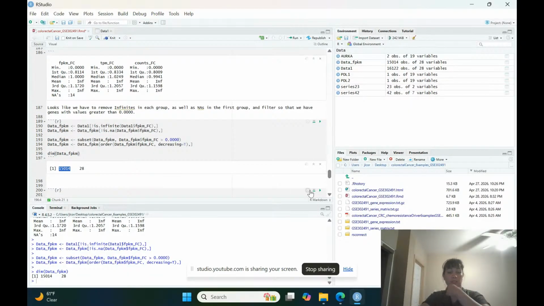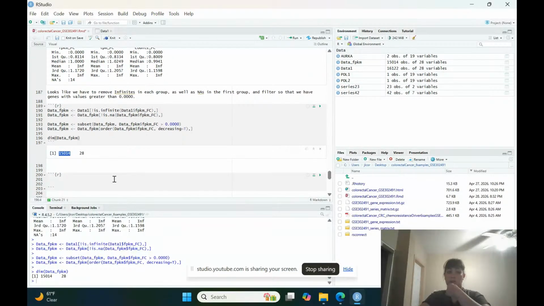Now we're going to go ahead and, for this next one, take the top ones. Let's take the top upregulated or enhanced genes and compare to,